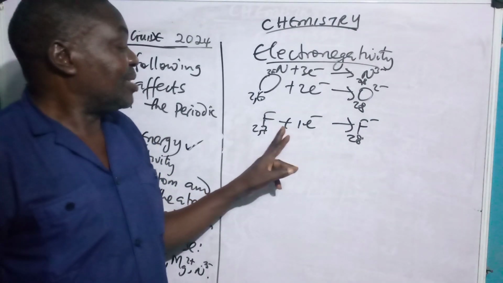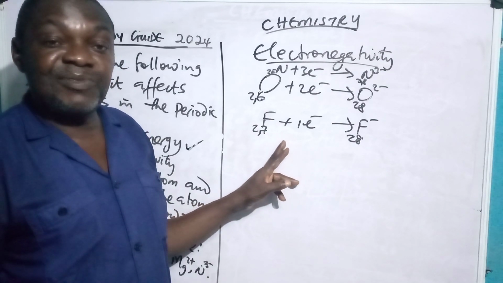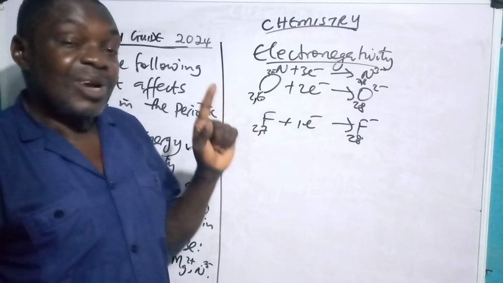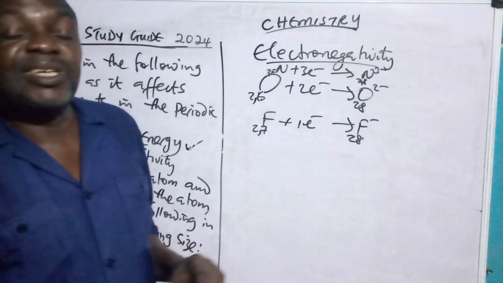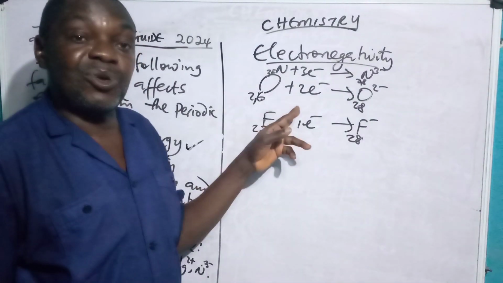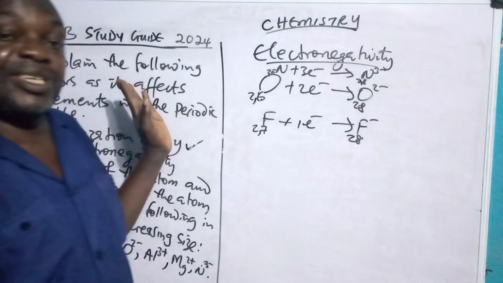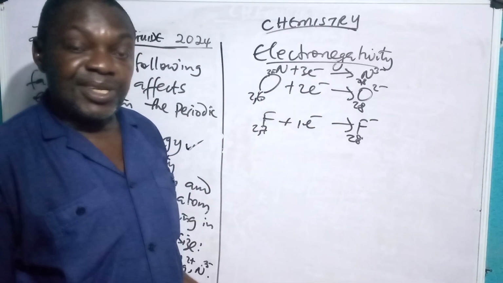That is why the halogens, to which fluorine belongs, are the most electronegative elements, because they need only 1 electron. And again, because of the effective nuclear charge, it just wants to take in 1 electron. It's not very difficult to take 1 electron. It becomes a bit more difficult to take two, just like the ionization energy we just discussed. It becomes much more difficult to take 3. Therefore,